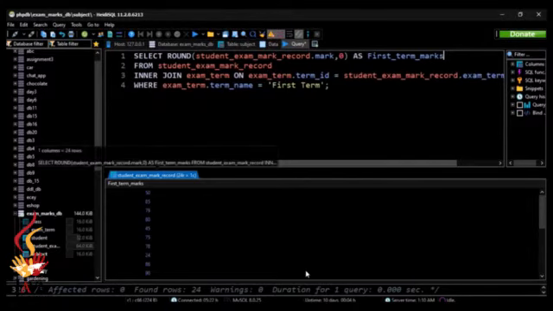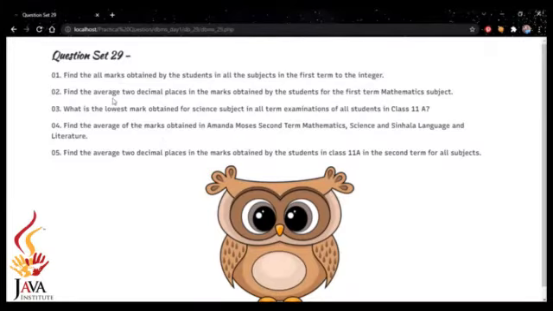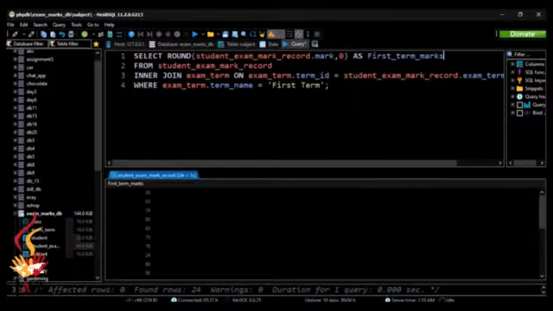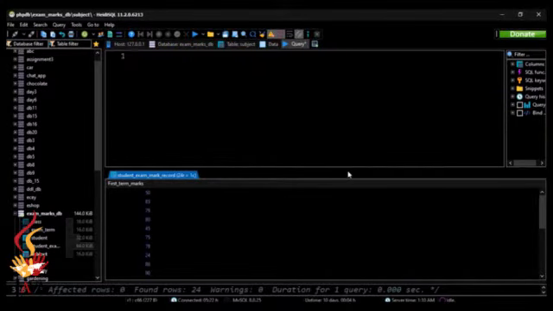Now let's go to the second question. Find the average, 2 decimal places, in the marks obtained by the students for the first term mathematics subject. So for this, I will write the query as select asterisk from student exam mark record table where